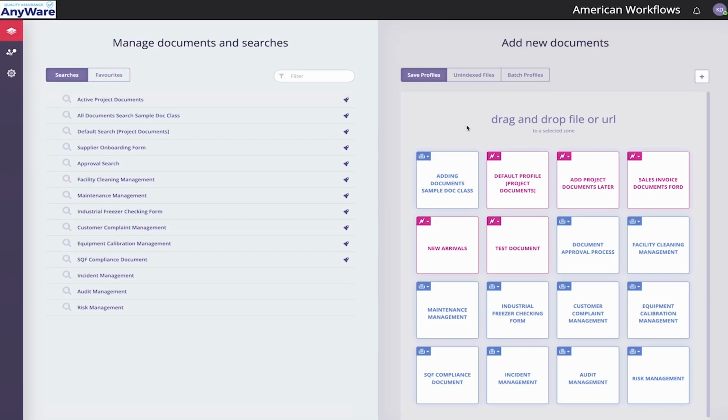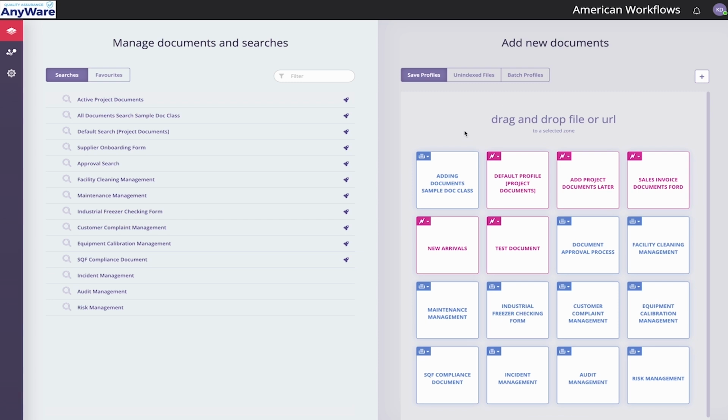Today, we are going to be talking about Quality Assurance Anywhere. Now, let's get started. As you can see on the screen, we split it into two. On the left, we have searching for information, and on the right, we have adding information. Within Quality Assurance Anywhere, we search using saved searches on the left. These searches can be configured to be as general or as wide as you like.